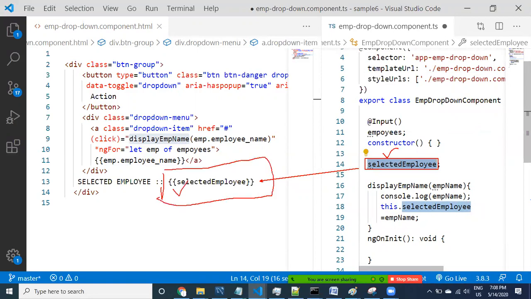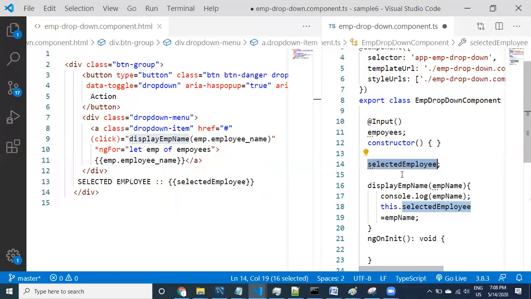Angular is going to update it. Internally it uses dirty checking and many other things. We'll discuss later how Angular updates internally, in the latter part of the course, because you need to understand the basics before going to the deep advanced part.